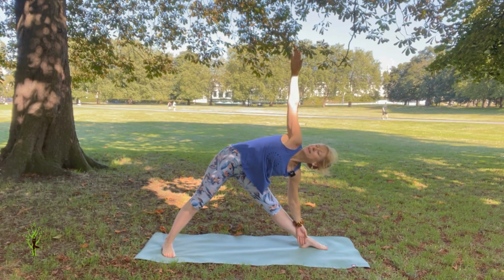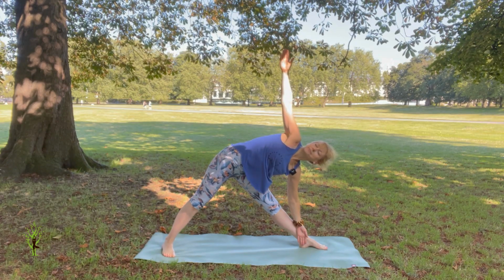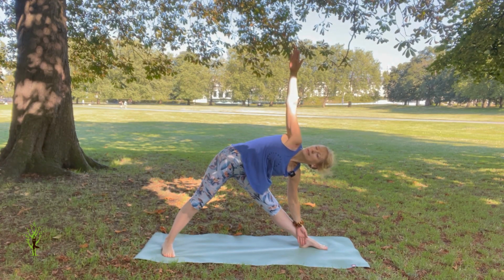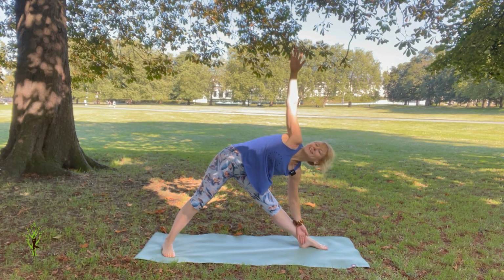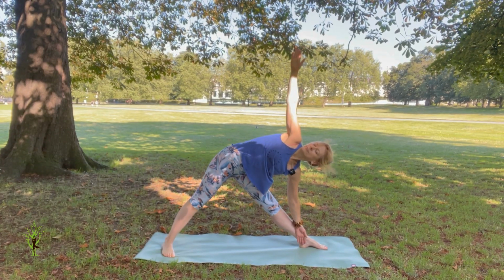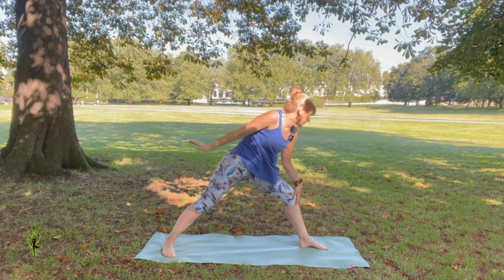And start opening your right hand in line with the shoulder. Remember, awareness of the long spine. And neck is an extension of the spine. Breathing there. Gaze can be neutral, or if you feel quite open, you can gaze through your fingertips up. Great. Transition, feel free to look down, bend your knee,